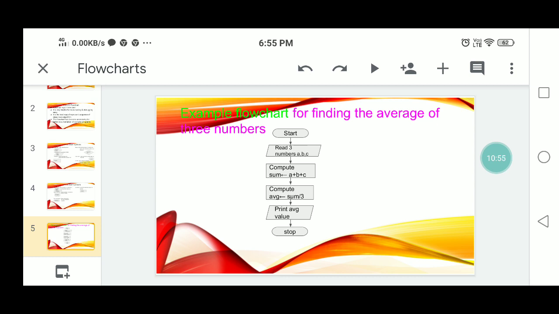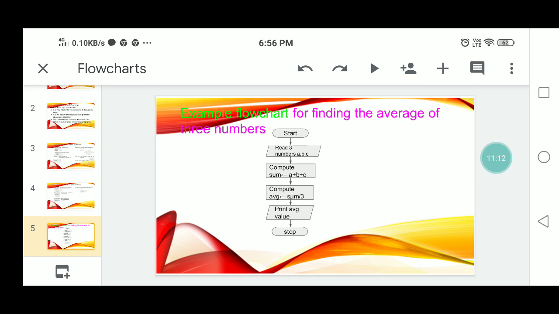Then, with a parallelogram, write the input, that is, read three numbers A, B, C.